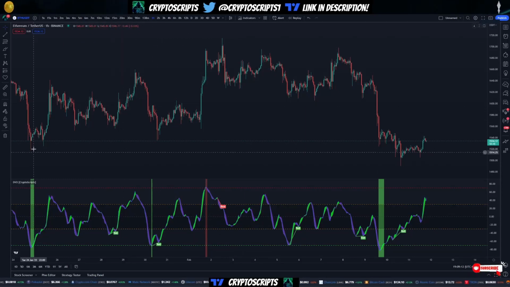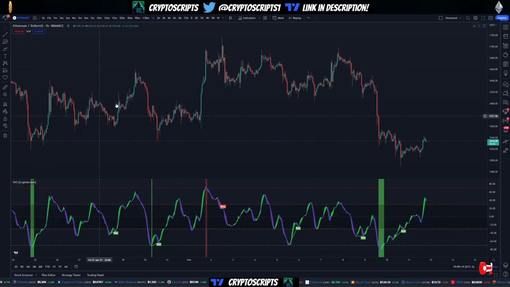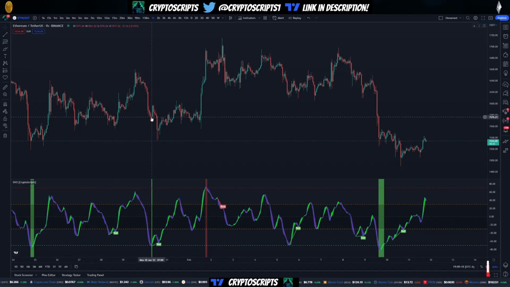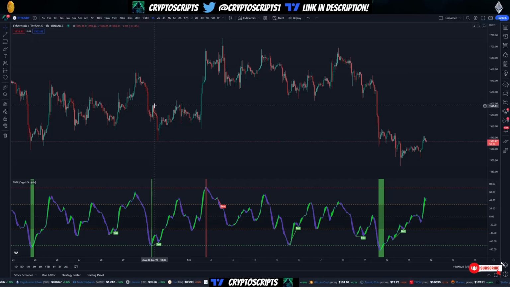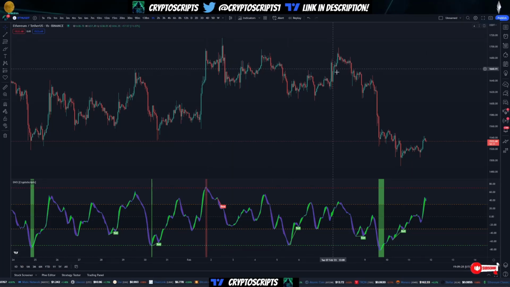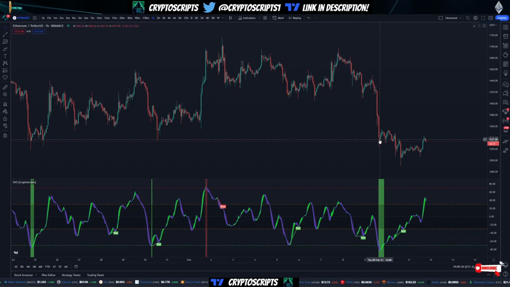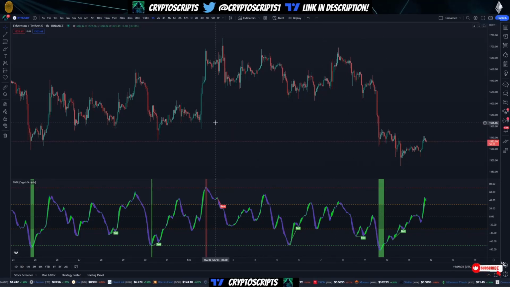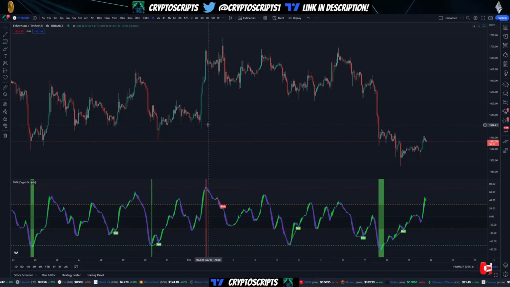So besides Bitcoin, looking at Ethereum here, so you can see Ethereum on the hourly, it's actually pretty good. So you can see you called this buy here at 1530, and you rode that all the way up to 1654. Called another buy down here at 1576, rode that up to almost 1600. And if you actually kept riding it, you would have got it all the way up to almost 1700, where it called the sell. And then if you rode that all the way down to this buy, it would have rode it down to 1537. So definitely a good indicator here, where it can, again, spot a lot of these overbought, oversold levels using volume and